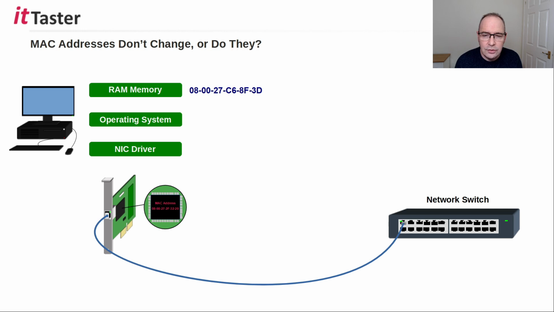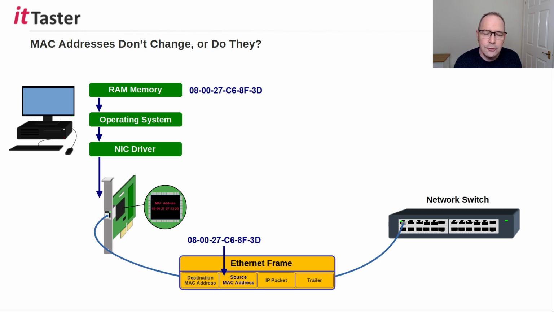So now when the device transmits Ethernet frames, the source MAC address is now the spoofed one. And from now on the device will also accept frames destined to that new spoofed MAC address. The important point to take away here is that the real physical MAC address stored in the ROM chip of a network interface card doesn't change. It is in fact the operating system and the network interface card driver that construct the frames for network communication, and they will use the MAC address value stored in RAM. And as we've seen, that can change.